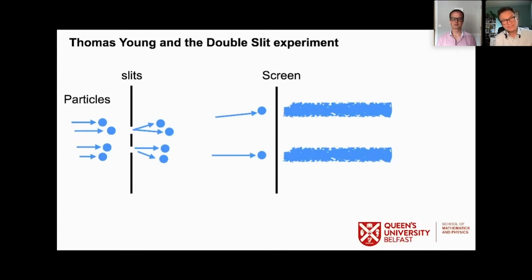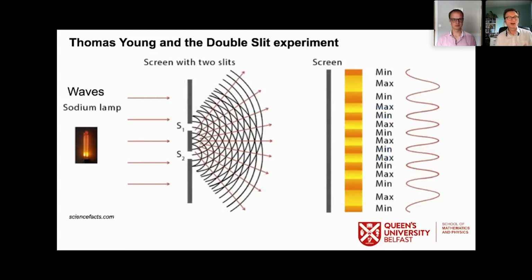But he said, if light is composed of waves, then again we could send all these waves onto this first screen with the two slits in it. Then after those waves have passed through, they'll continue traveling to the second screen. And when they reach the second screen, depending on where you are on that screen, you'll either see the light